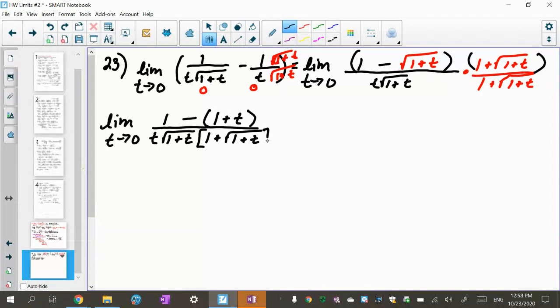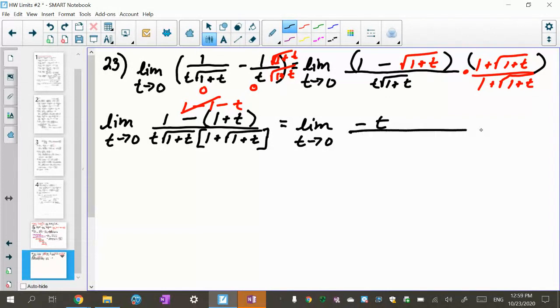So now the numerator is kind of nice. This is a 1, and I'm going to distribute that negative, minus 1 minus t. Thanks for playing. So this comes out to be the limit as t approaches 0 of negative t